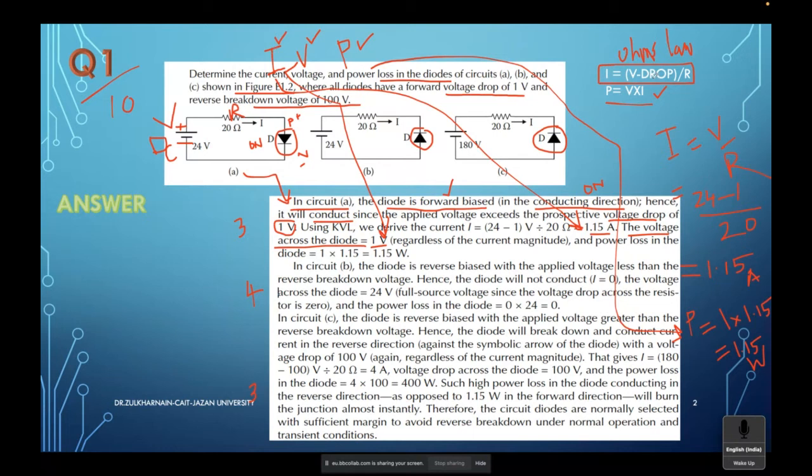Then the third part, power loss. Power is given by the formula P is equal to V into I. So what did you get for V here? As you have already said, it is 1 volt. 1 multiplied by current, whatever you got now. You just multiply 1 into 1.15, you get 1.15. But this is power, that's why the unit is watt. So in the first case, the answer is 1 volt voltage, current is 1.15 ampere, and